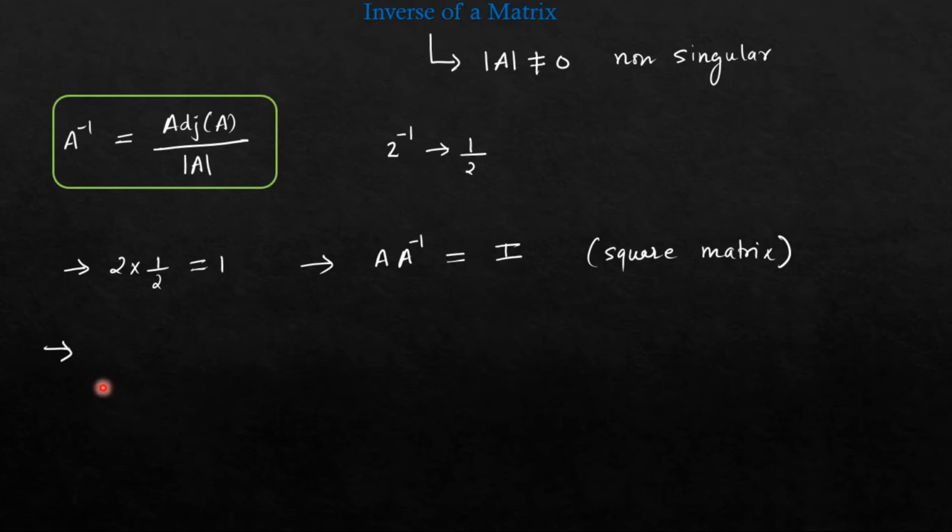Now second is, if A and B are inverse of each other, then A into B is equal to B into A is equal to the identity matrix. Here B is equal to A inverse and A is equal to B inverse. Okay, both are inverse of each other. You can compare like this: 2 into half is equal to 1 and half into 2 is also equal to 1. Okay. Now how can I say AB exists and BA also exists? Because A and B both are square matrices. Hence AB as well as BA both exist.